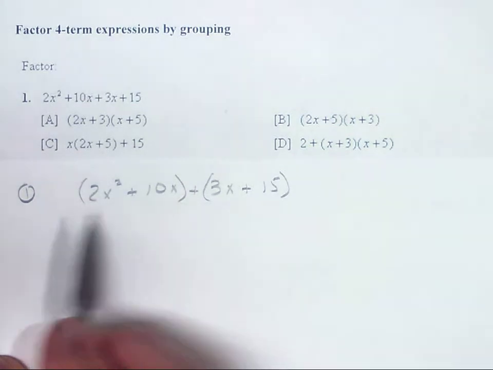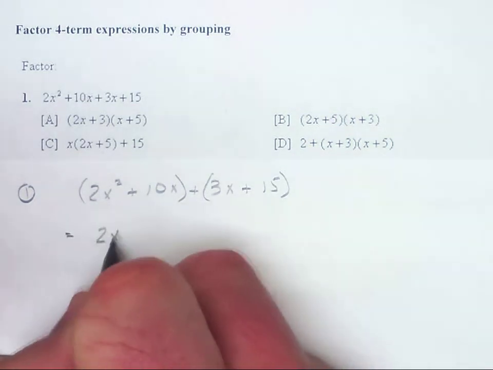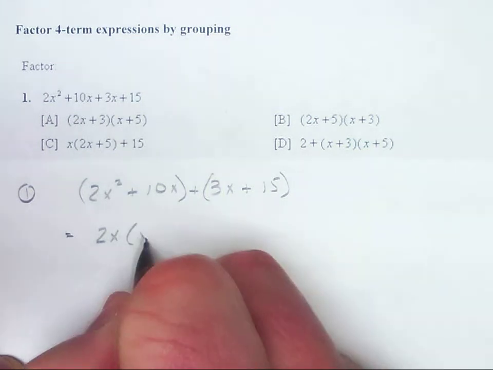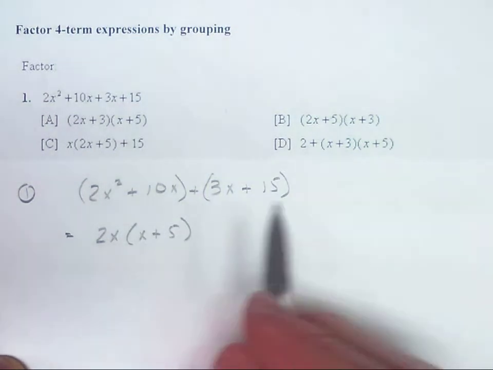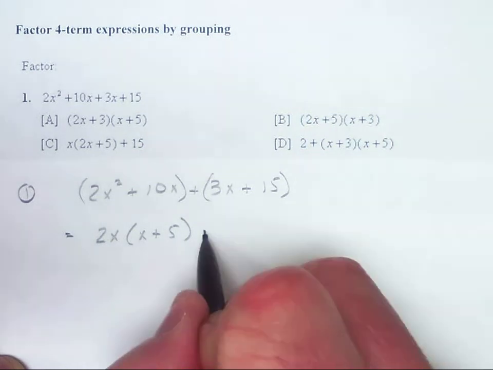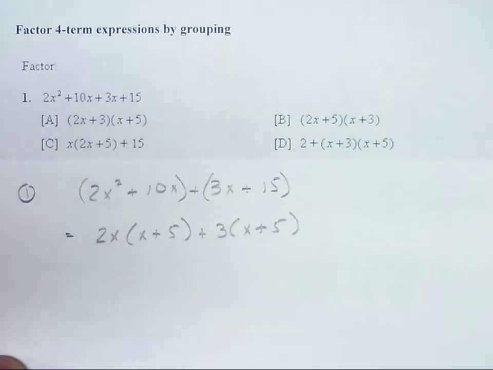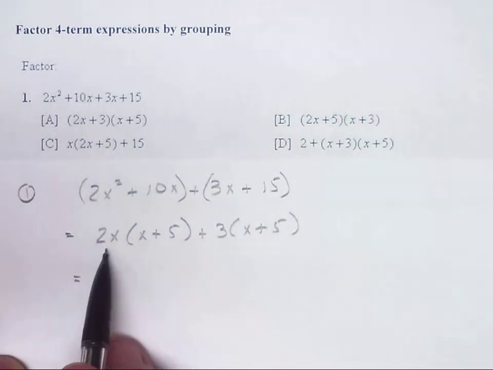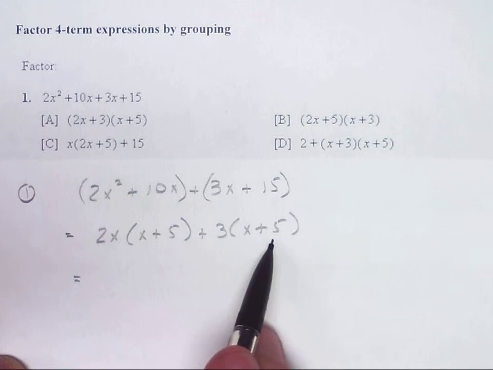And now I ask myself, what's the greatest common factor of the first two terms? It's 2x, leaving me x plus 5. What's the greatest common factor of the second two terms? It's 3, leaving me again x plus 5. So now I can say, since I have 2x times x plus 5 and 3 times x plus 5,